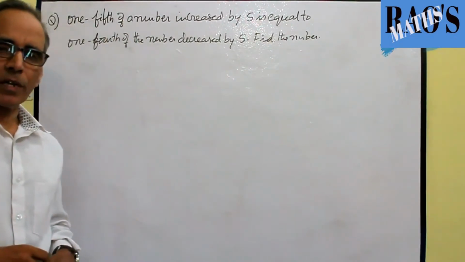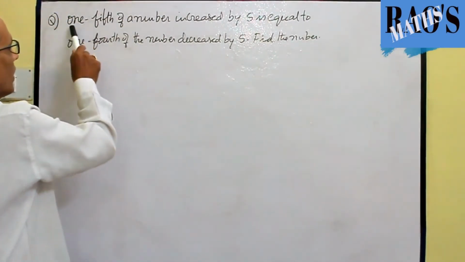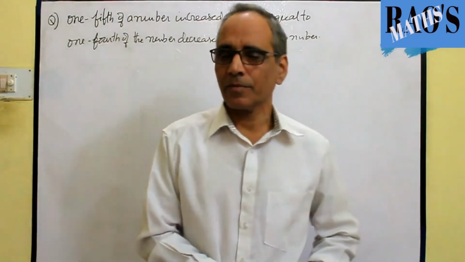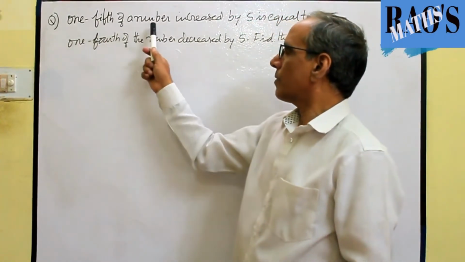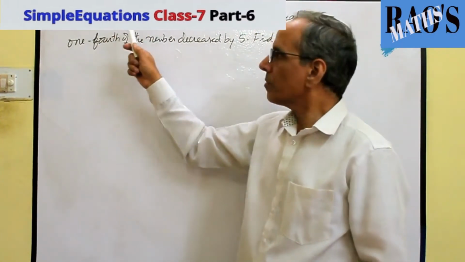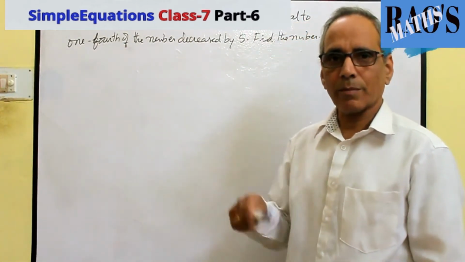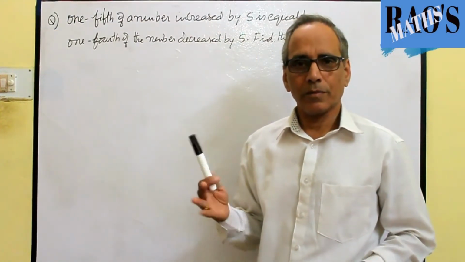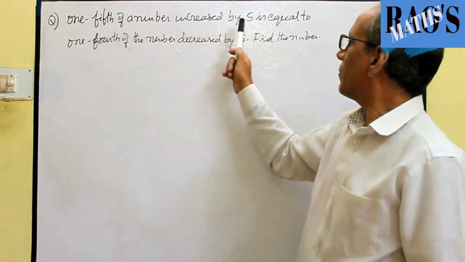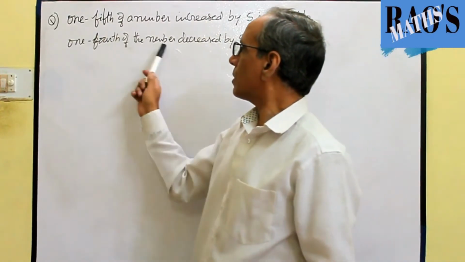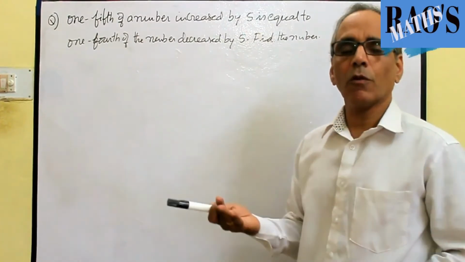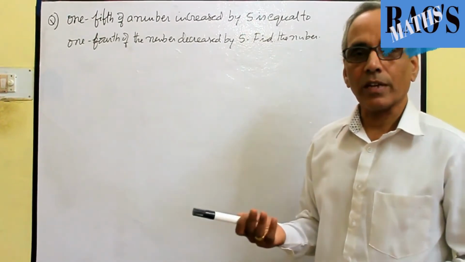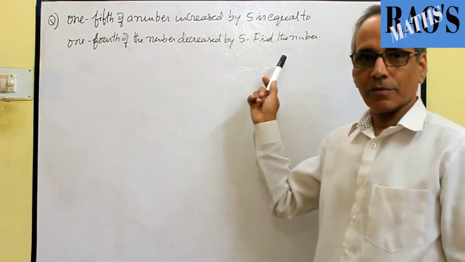Okay, it is on the same number. See the first statement, 1/5 of the number. Find the number. So we define the unknown number as x. So by the first statement, 1/5 of the number, since the number we defined as x, is x by 5. So x by 5 is increased by 5. So x by 5 plus 5. So 1/5 of the number increased by 5 is equal to 1/4 of the number. What is 1/4 of the number? x by 4. And it is decreased by 5. So x by 4 minus 5. So both are equal, then what is the number? Okay, you got the idea, I think.